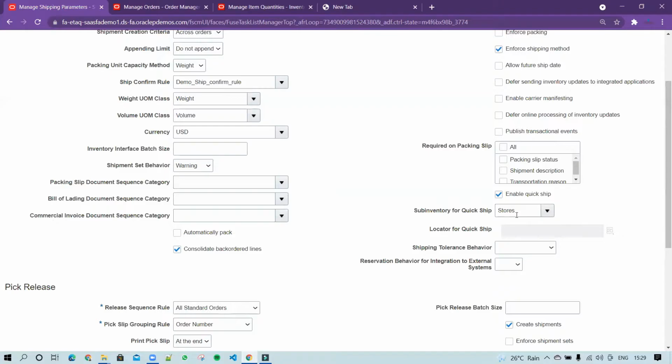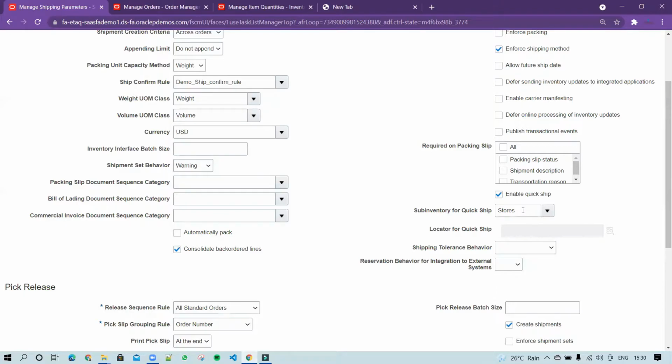The only thing is, if you have hundreds of orders to ship out quickly and you are not using the defaults, then the user sometimes needs to change the sub-inventories manually one by one in the shipment UI, which is not a good idea.